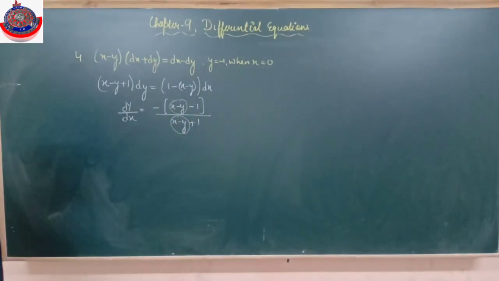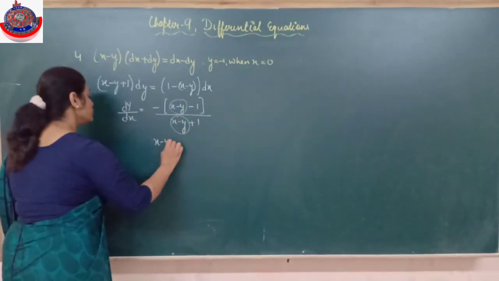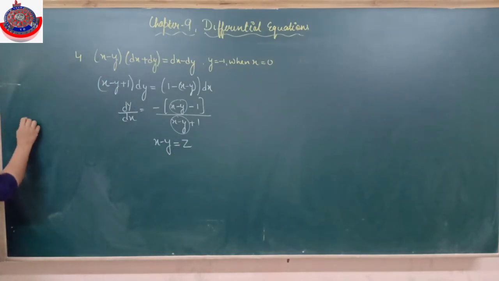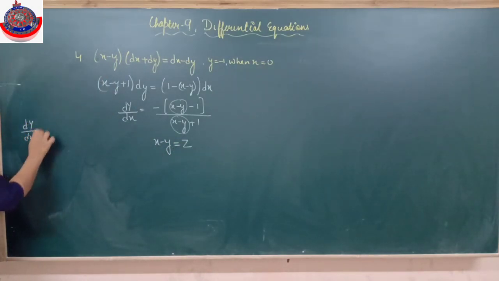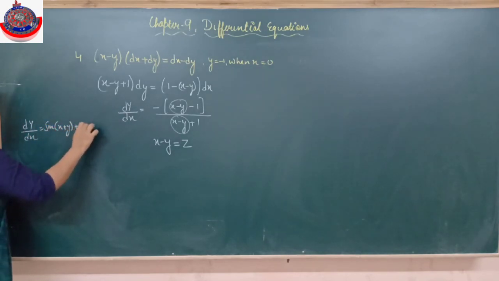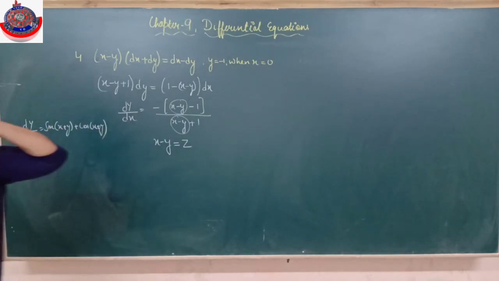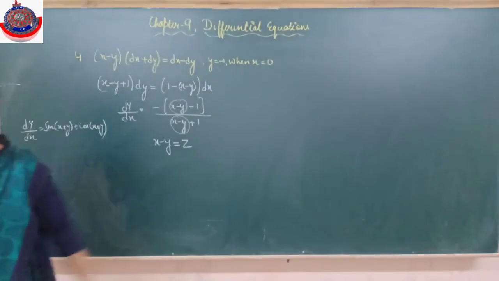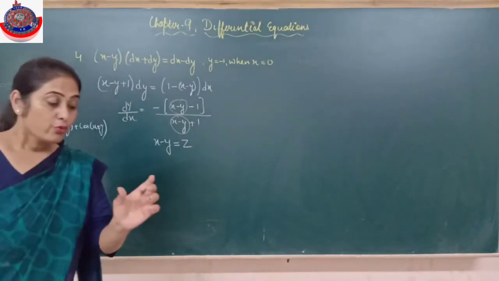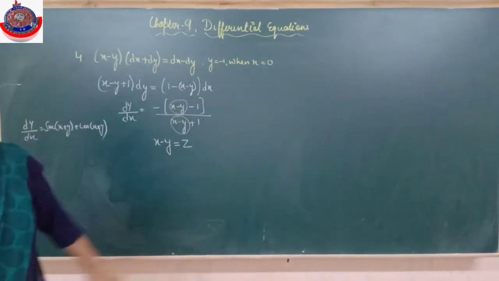Alright, so what do I do in such a situation when it is not falling under any category, but the variable combination is common? Substitute the whole combination with a new variable. No variable should be left out. Suppose they ask me to solve dy upon dx is equal to sin(x plus y) plus cos(x plus y). See, I will not be able to segregate the variables. Neither a homogeneous equation nor a linear equation. Okay, so what will we do in this? We will put x plus y as z. The entire variable combination should be put. When I have put z, no other x or y should remain in the question.